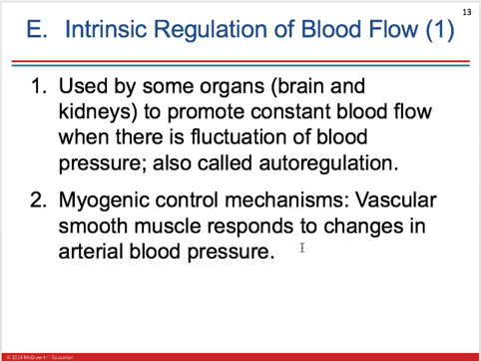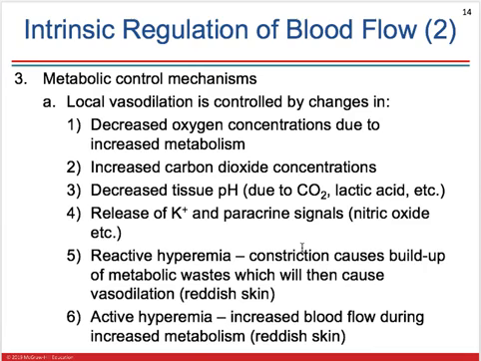If the pressure goes the other way, it drops, those blood vessels will reflexively relax. That smooth muscle relaxes and the diameter of those blood vessels increases, and this helps them to recover blood flow to its normal level in the face of a lowered pressure. So that's myogenic, myo as in muscle. And then there's